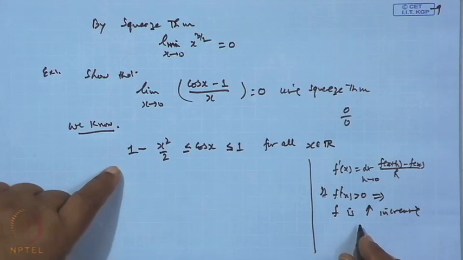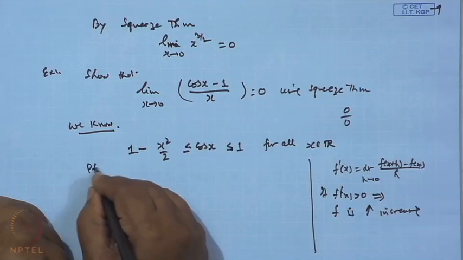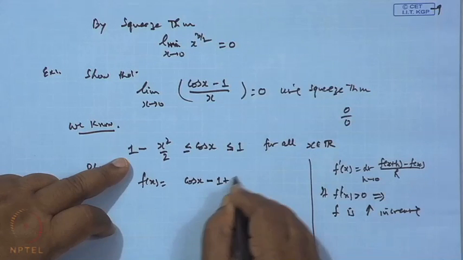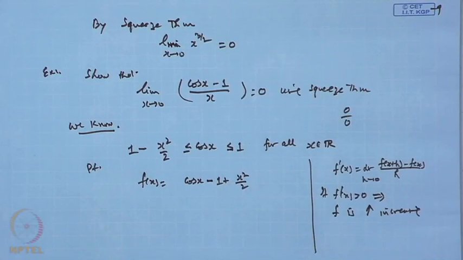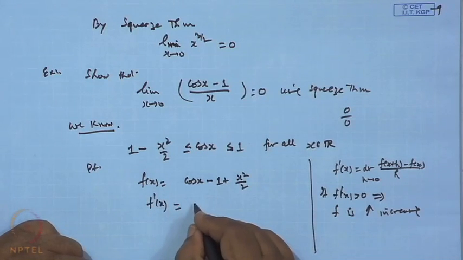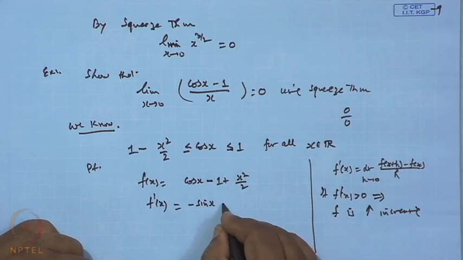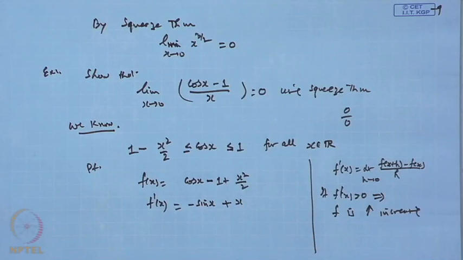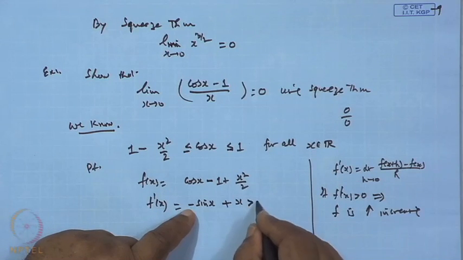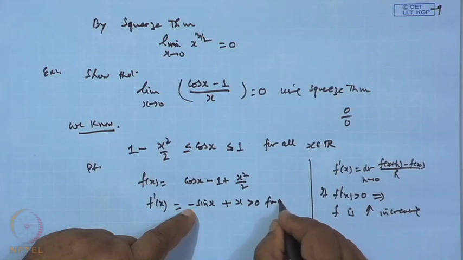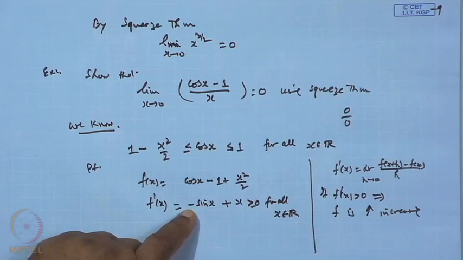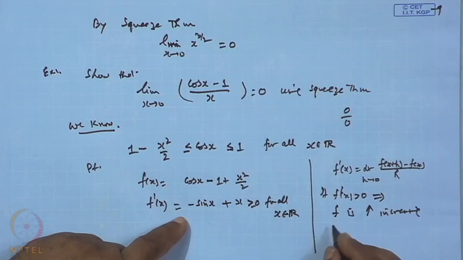So, use this thing. If I construct the function f x as cosine x minus 1 plus x square by 2, and take the derivative, it becomes minus sin x plus x. Now, x minus sin x will always be positive for all x belonging to R, or may be equal to 0. Why? The reason is that